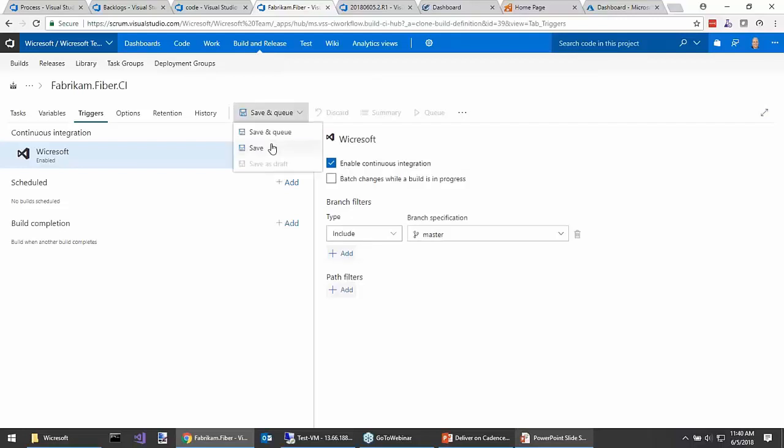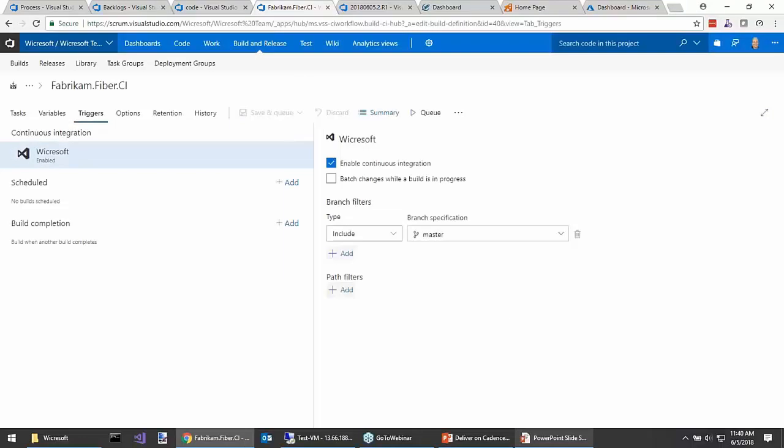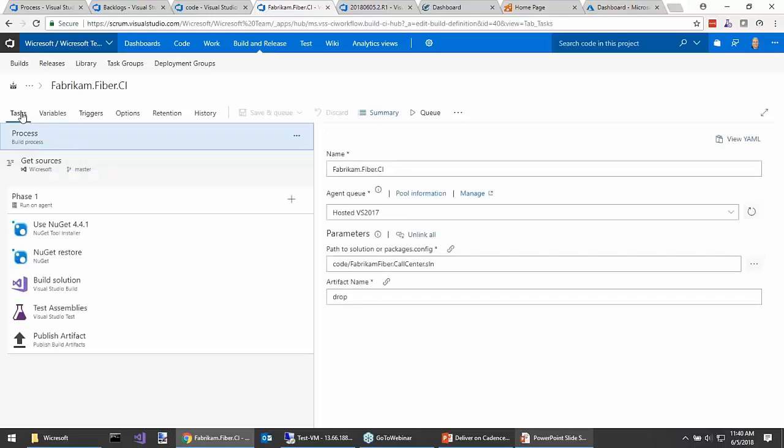And let me just save that, because I want to talk about one other thing here. In the world of DevOps, there's a lot of practices, and one of those is infrastructure as code. This awesome screen you're seeing here is a visual editor, but it doesn't persist in anything that can be stored easily in the repository, branched, shared with others.